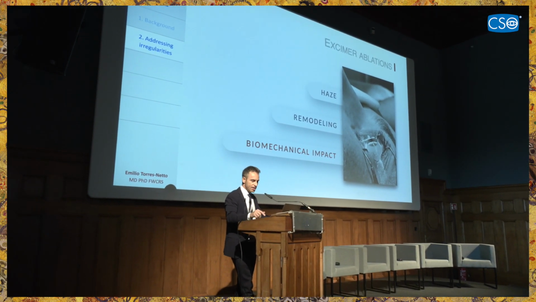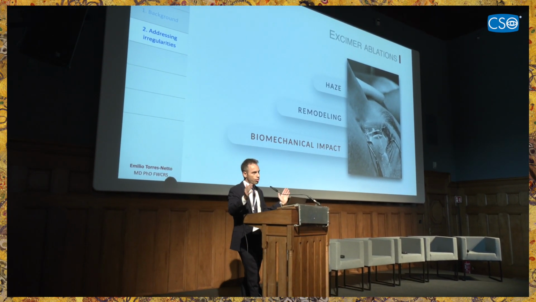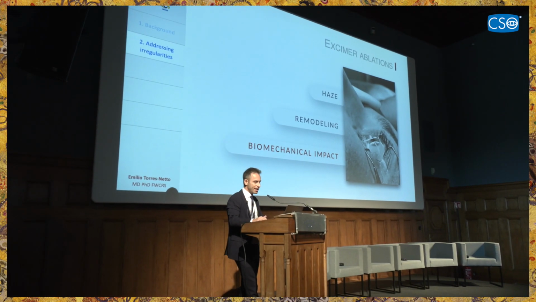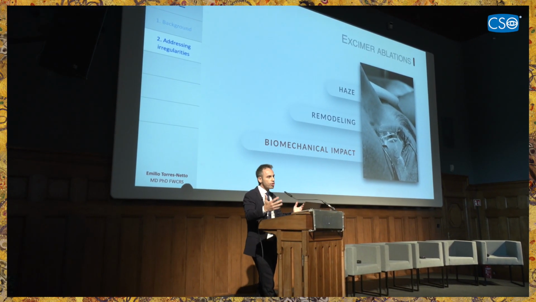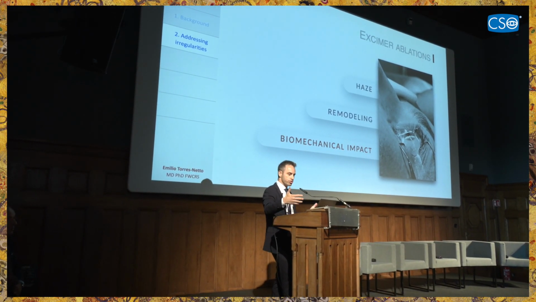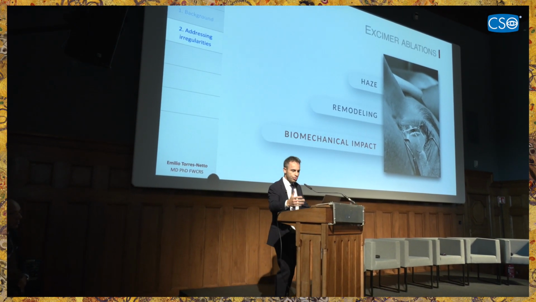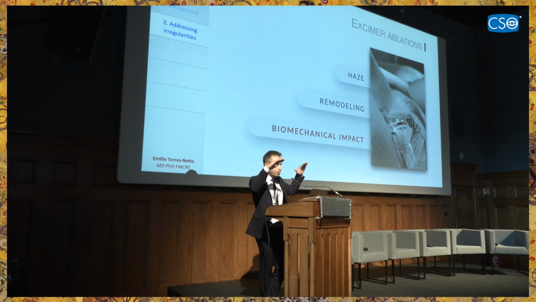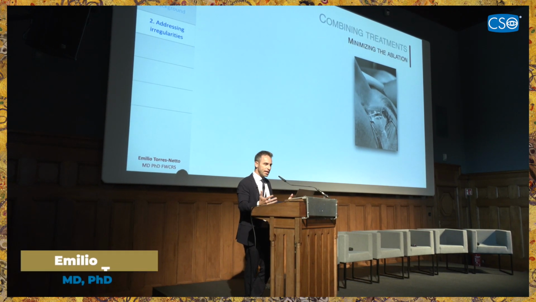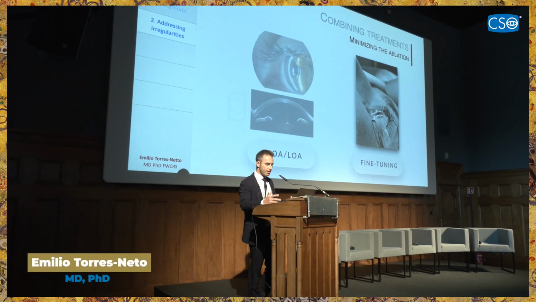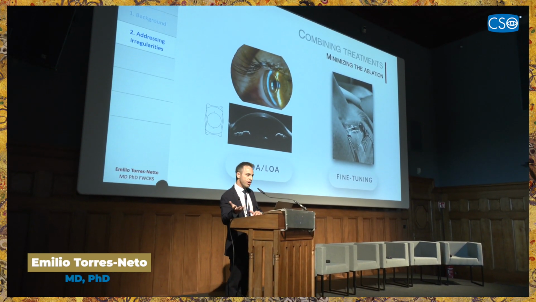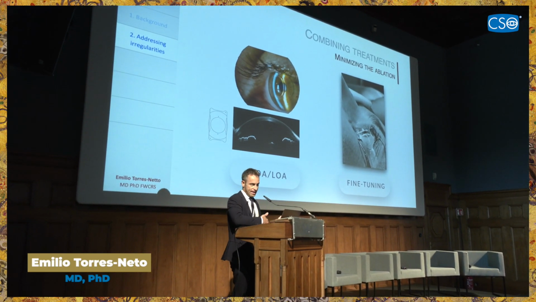One of them is the excimer laser. However, when we have a regular cornea with keratoconus, we do not want to additionally impact the biomechanics of the cornea. And we also have other factors. The more we ablate, the more inflammation we can cause, and therefore eventually more haze. So we always try to minimize the ablation profile. We can do this in many other ways, but the laser actually comes for the fine-tuning in most of the cases. So we can improve the high-order aberrations and the low-order aberrations before the excimer,